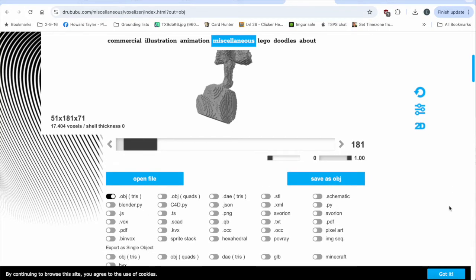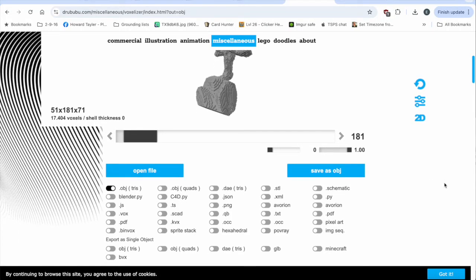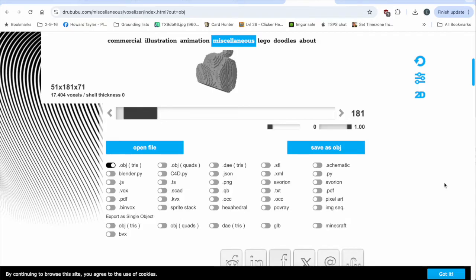What Isuma did in his video was he actually saved this as an object file that he was then able to just import directly into Minecraft. Once it was in Minecraft, he used World Edit or something similar to, I would have to rewatch the video, I'm pretty sure he said it was World Edit, but he used that to kind of texture the surface of it to change it into different blocks other than just a default. I wanted to actually build this. I wanted to build it up from the very base, build it one layer at a time. So